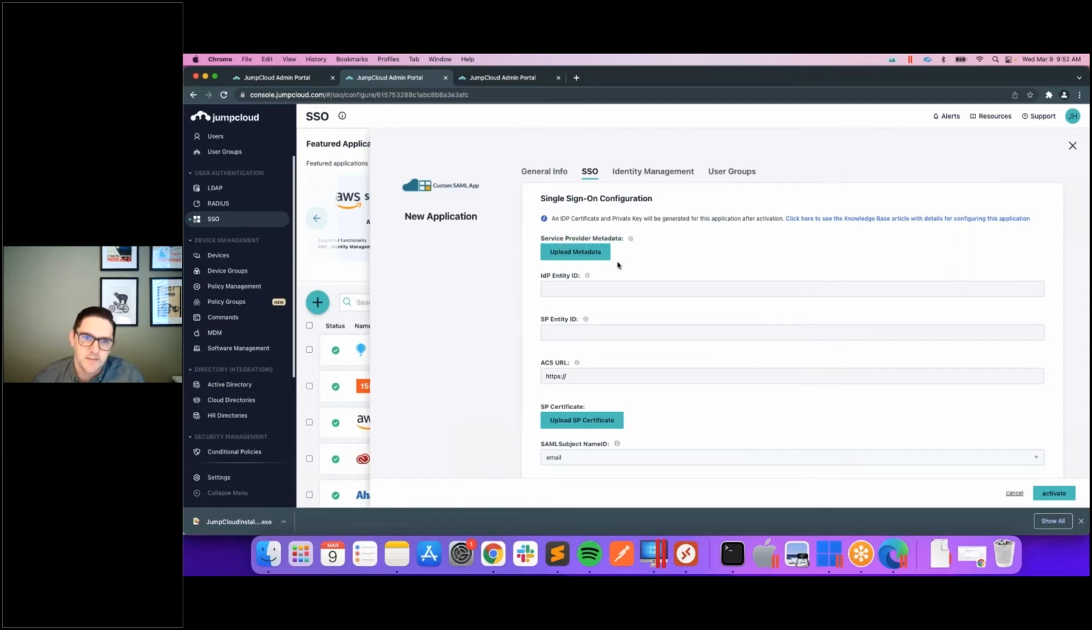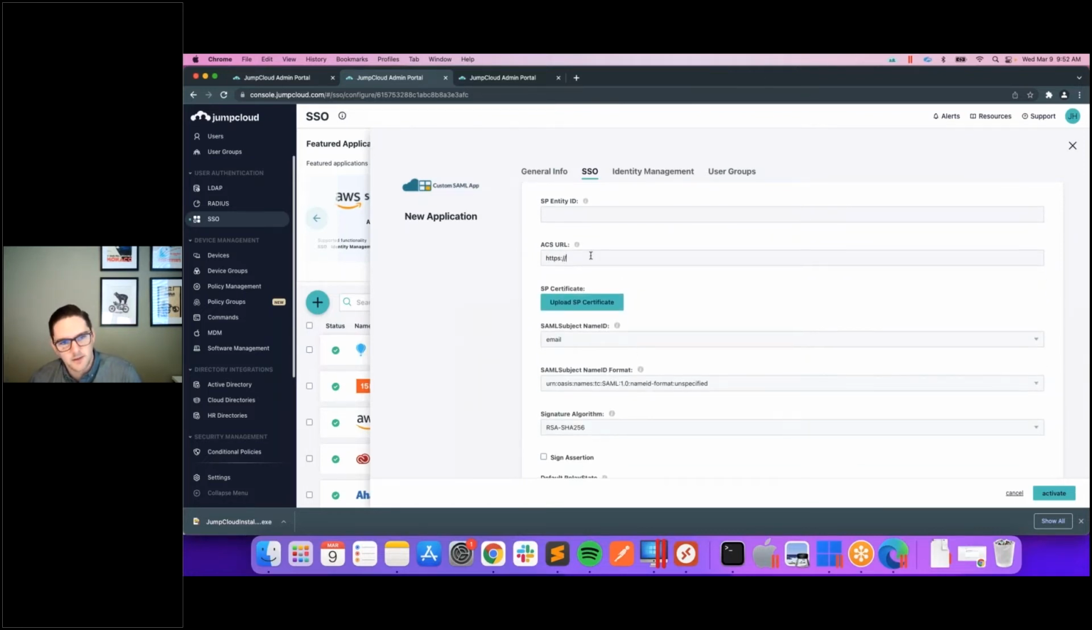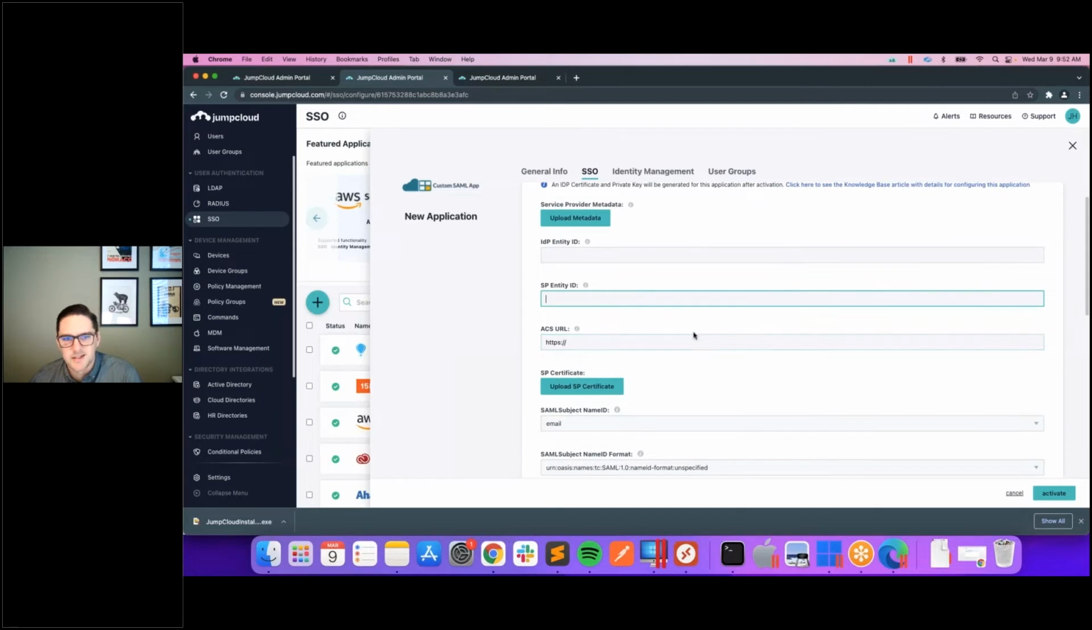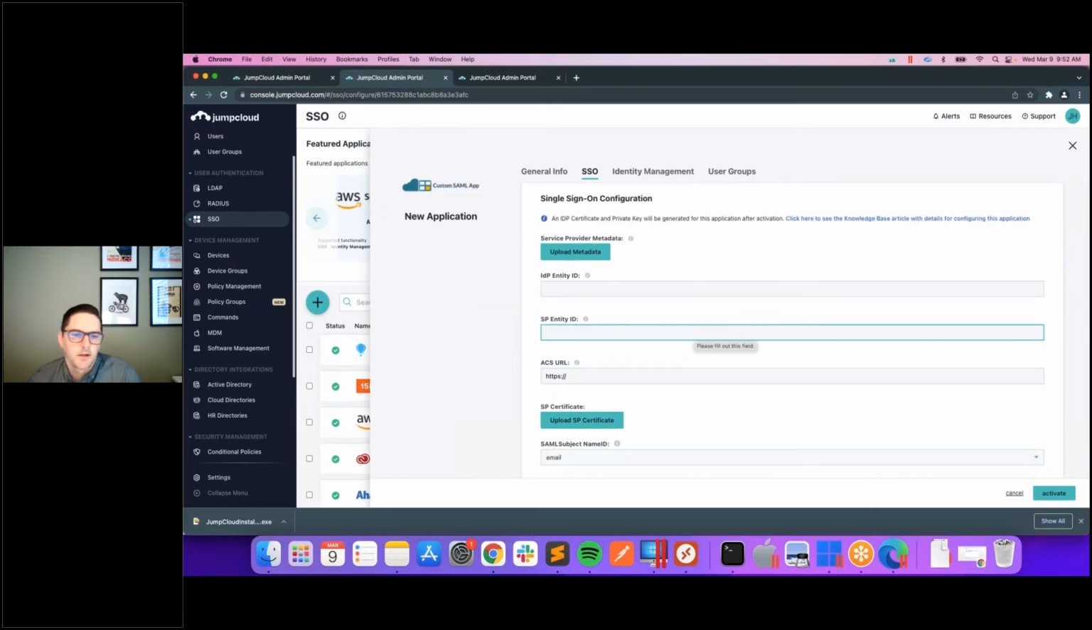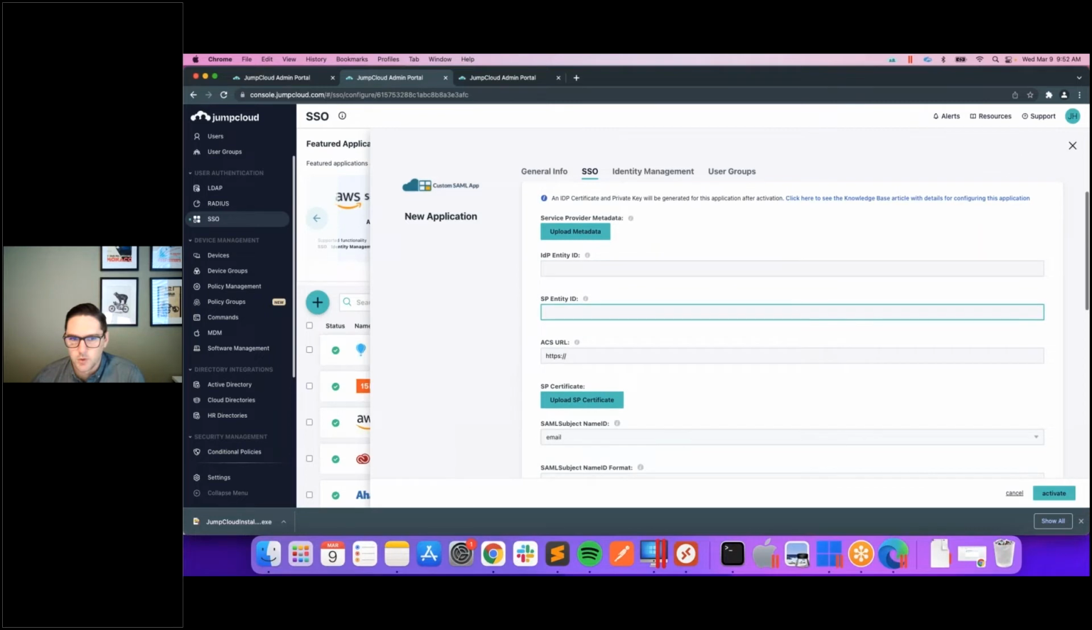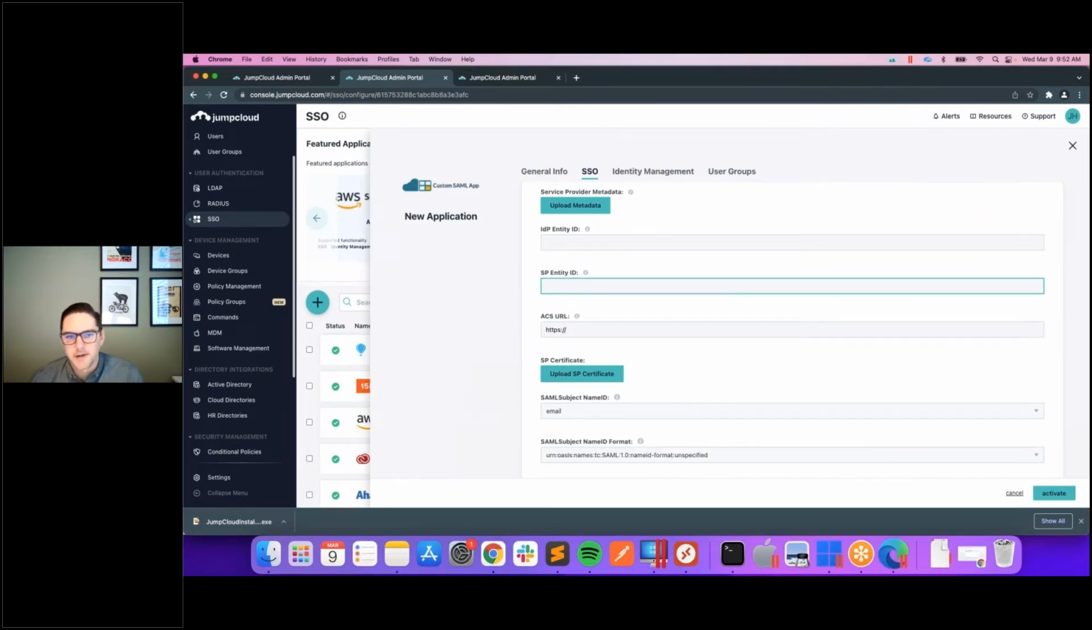That's the easiest way to set this up because you can just import the service provider metadata into JumpCloud. And then most of the stuff like the ACS URL and SP entity ID would be pre-populated for you. In some cases, the service provider won't provide the actual metadata. They might just provide the individual URLs or URIs instead, which is also fine. As long as we have the service provider metadata or the information contained within the metadata, then we'll be able